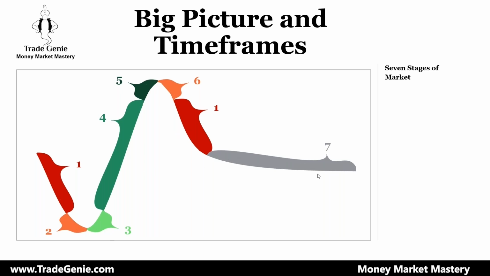Stage seven looks like this, a long bottom forever. But it may not occur like a V-shaped rally, stage two and stage three. So, not knowing where the market is, where the individual market is. If you look at QQQ, it looks like right now it's in stage five. I'm not saying that it will do this. I'm just saying it's overbought.